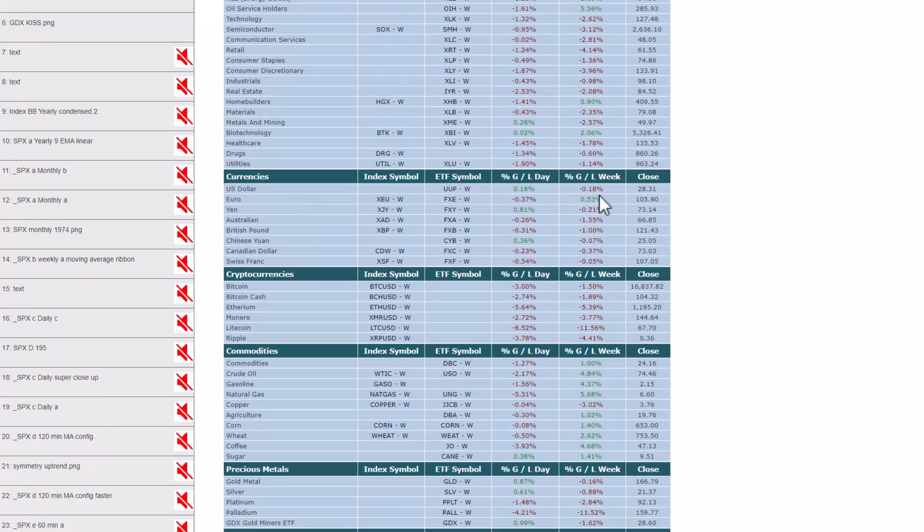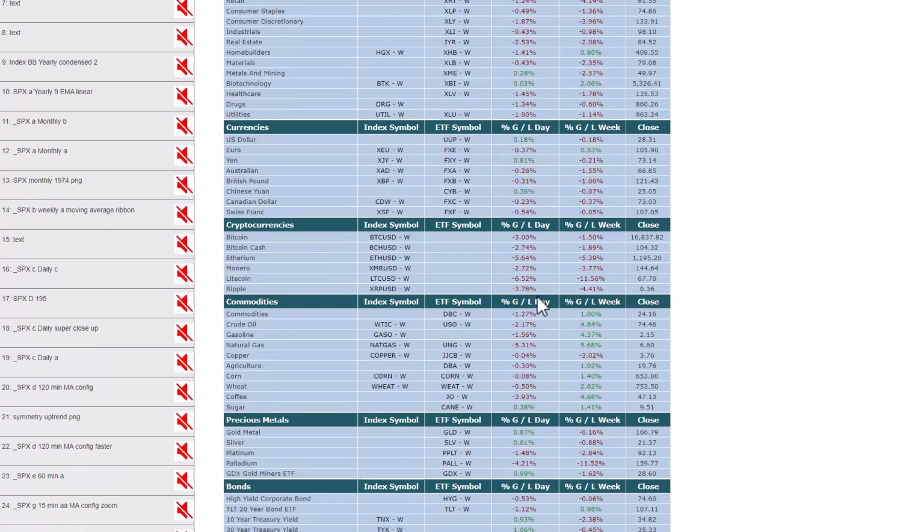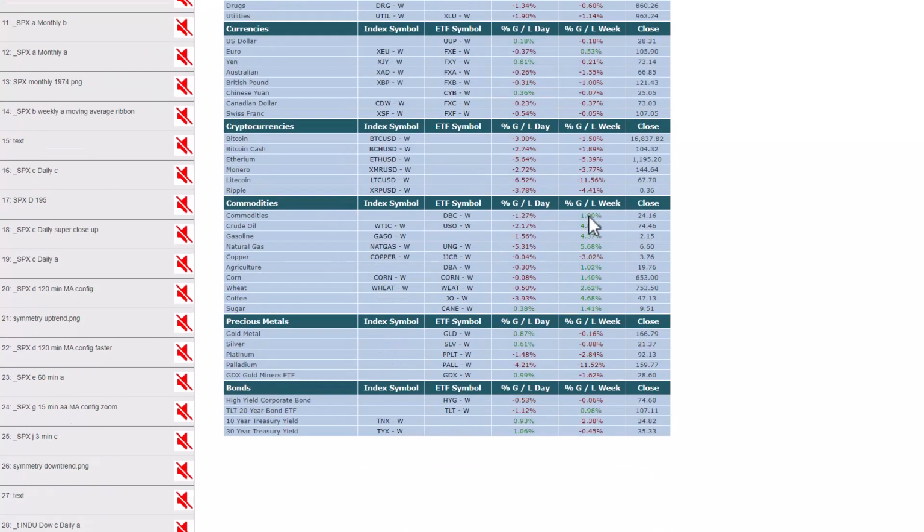Currencies: the US dollar actually ended up only slightly down for the week. As you know, the dollar's been selling off strongly for the last couple months. Cryptocurrencies were all down for the week. It's not surprising. Commodities for the week, mostly to the upside here,